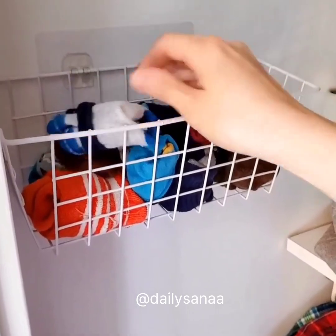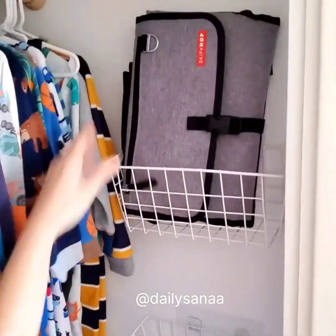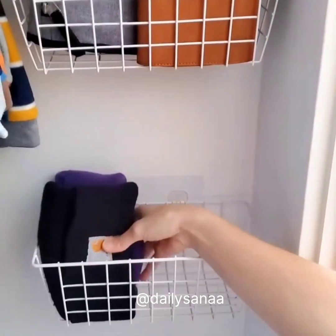These worked great in my toddler's closet, but you could also use them in your kitchen pantry, office, garage, or anywhere else throughout your home where you needed some extra storage. You can buy them in